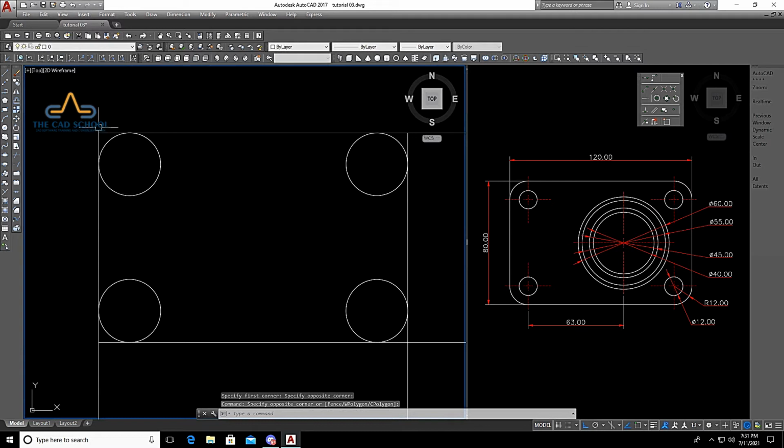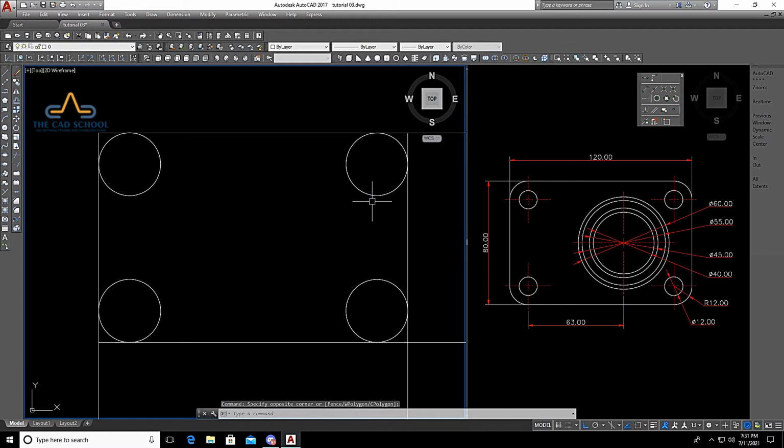Now to remove the unwanted portion of lines and circles, we are going to use trim, but here we are going to use a different method of selection. Since there are 4 circles, these circles are the cutting edges for removing this portion of lines.